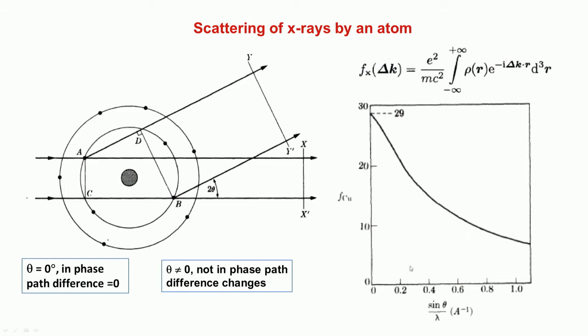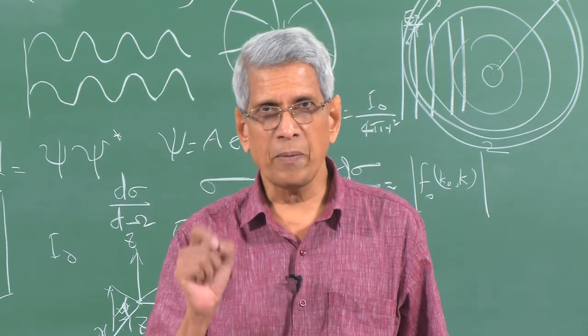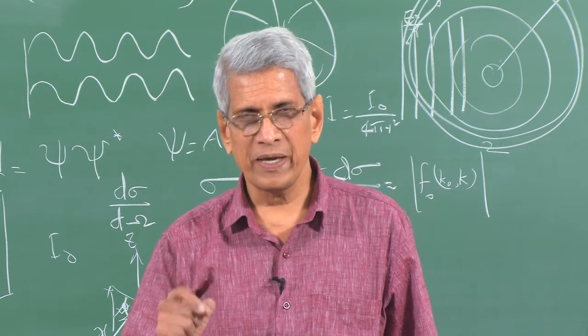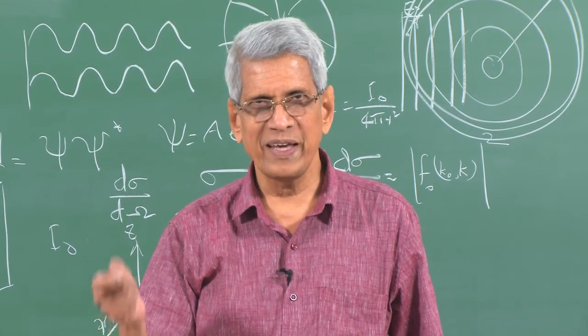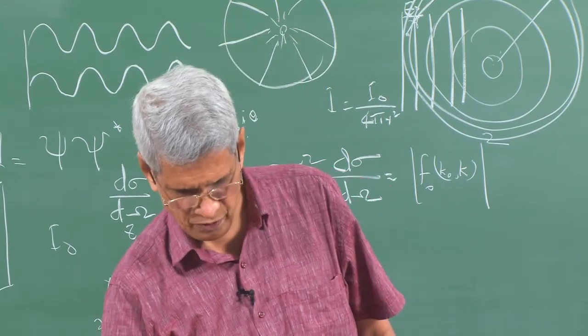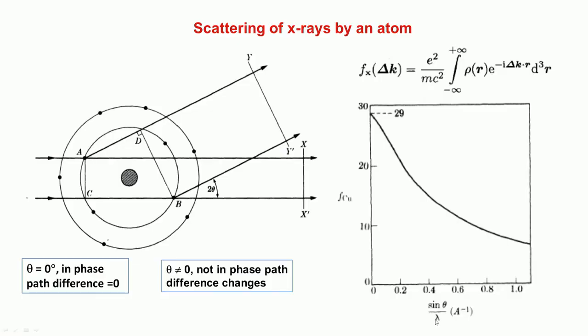So, you can see that as a function of sin theta, and another is the path difference, which depends upon lambda also. No, not the path difference depends on lambda. The phase difference, if we consider it, path difference also is there, and that angle also has to come into the picture. That is why we write sin theta by lambda, a normalized one. And now you can make out how it is varying.